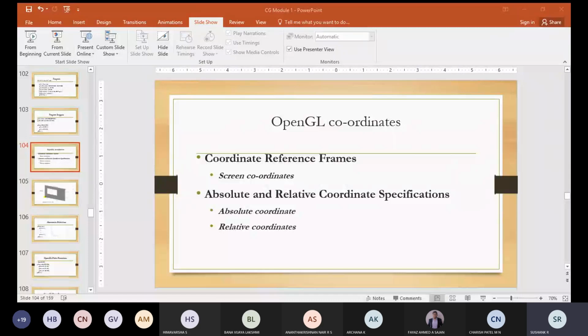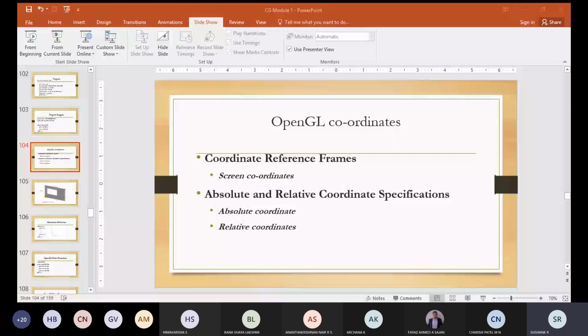Also there is one value called the depth value. As of now we are studying two dimensional scenes, and for two dimensional scenes the depth value will be considered 0. So these are some of the points with respect to the screen coordinates, which deal with setting up the pixel values on the screen, referred to in terms of pixel positions in the frame buffer. Here we are learning about two functions, setPixel and getPixel.